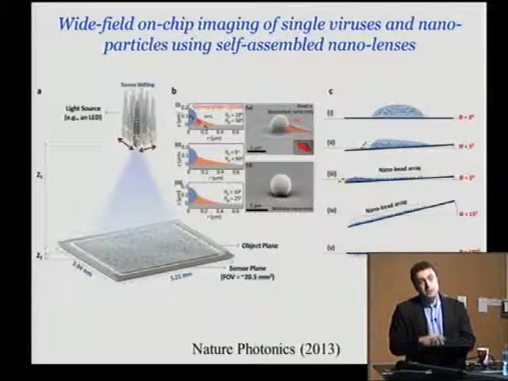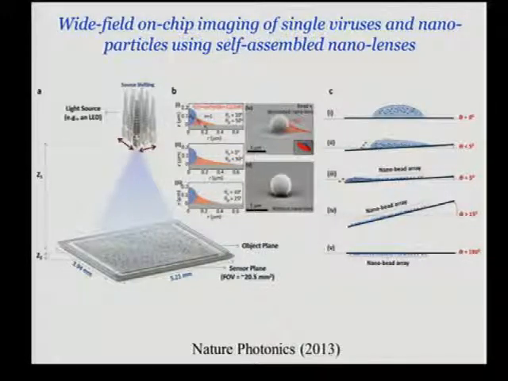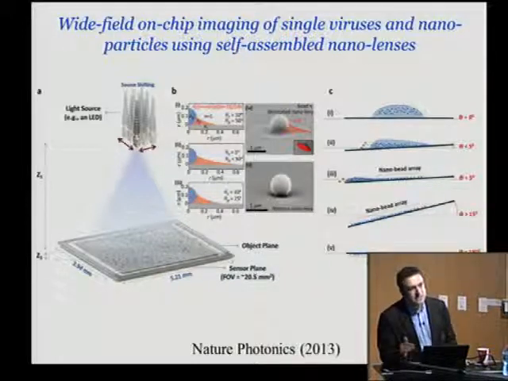So far, I've been talking mostly about pixelation, how to improve the resolution of the system to the diffraction limit, while retaining the advantages of the platform. The other important feature of an imaging system like a microscope is its sensitivity. You can claim a resolution that has a very large NA, but your detection noise will determine what kinds of small features you can ultimately detect. So resolution is an inherent function of signal-to-noise ratio in any imaging system. This is true for this kind of a modality too. To see smaller things with this kind of a geometry is even more challenging because it's trying to see the moon on a sunny day.